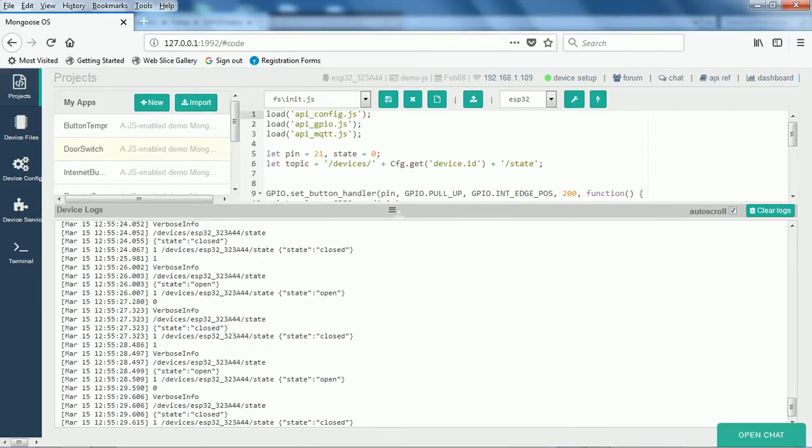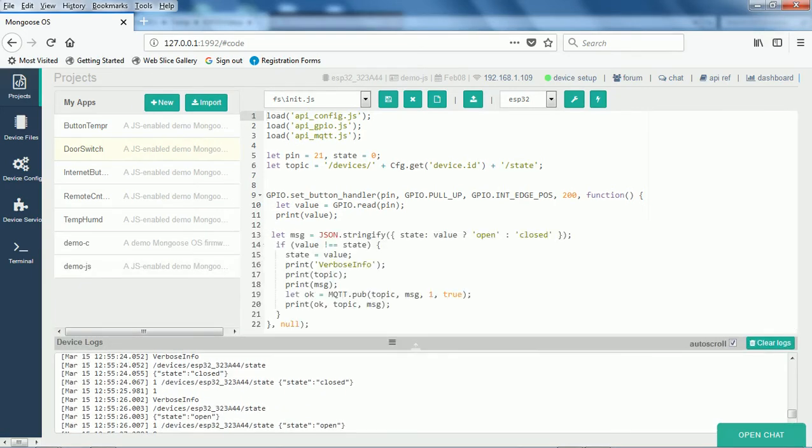Now let's quickly understand the script that is written for this. We are going to use MQTT, which is a standard, because that's the way we are communicating with Google IoT. Then we have used pin number 21. Initially the state is made 0, that is the default behavior. This is the topic. The topic is basically a device, whatever device we have. So this is an ESP32 device.